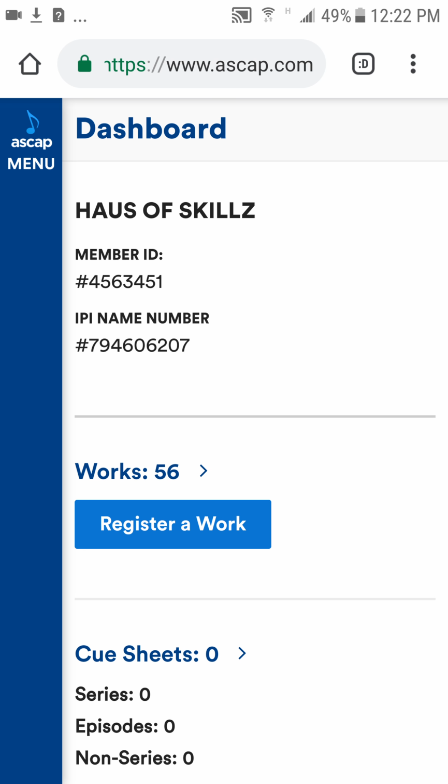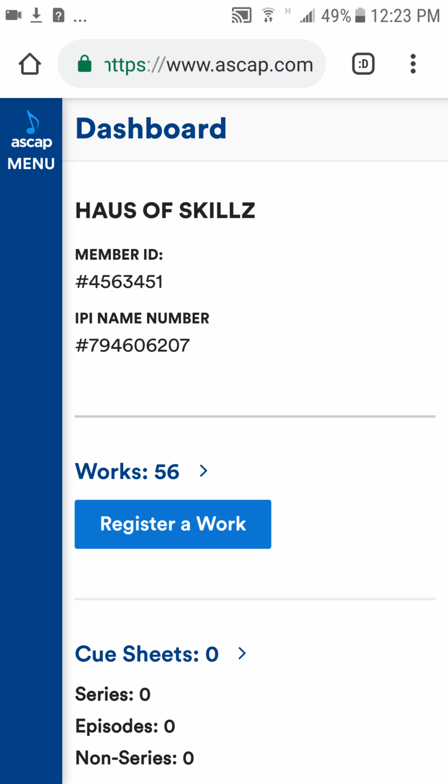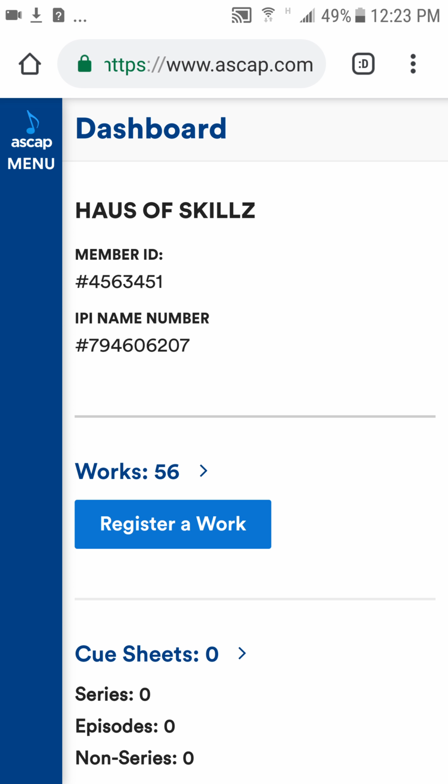I think with BMI you can do a free 2-year contract, and then with here, you end up paying 50 for your writer and then 50 for your publishing, or a deal of 100 for both of them at one time. But the money that you're getting from DK and all the other people like that wouldn't really be the total amount of money that you're earning for everything. You may not be getting your international earning for what you're making, and you can only really collect that when you're with the Pro.